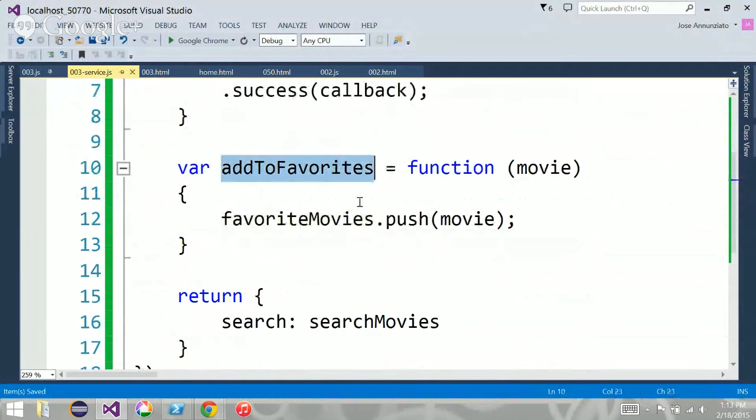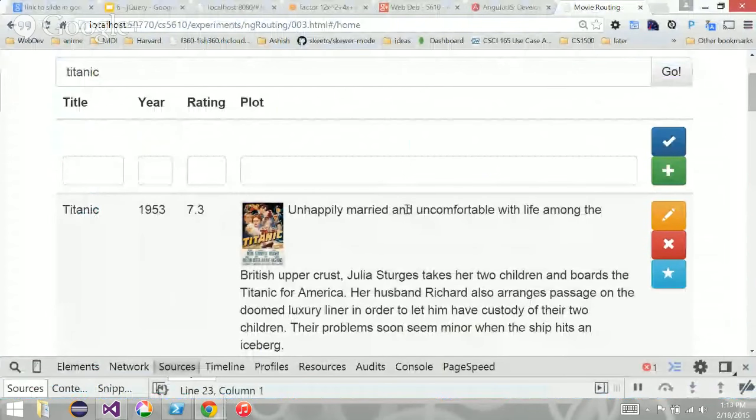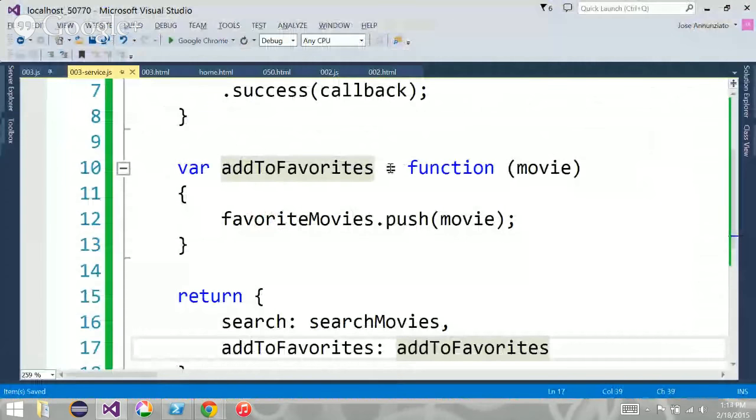I'm going to expose this as a function that can be called from outside. It's basically going to manipulate its favorites and push the movies into here. What we want to do in add favorites is that it's going to be added there. Let's see if that works.